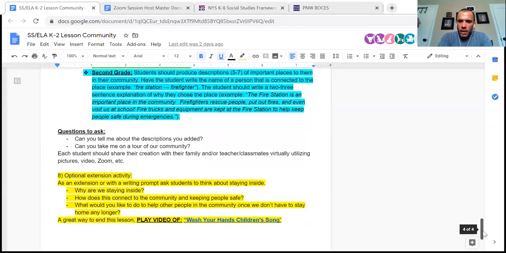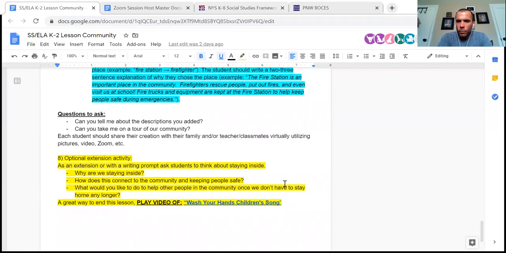The optional extension activity, and this would be a great activity for a family to dive into if they have the available time right now, is the idea of, okay, so I am isolating right now. That's an example of what we call action civics, which is me doing something positive to benefit my community. But now that I understand that my community is broader than just my home or my neighborhood, are there things that I can start thinking about in the future that I might want to engage in, to better my community or to better the lives of those around me?